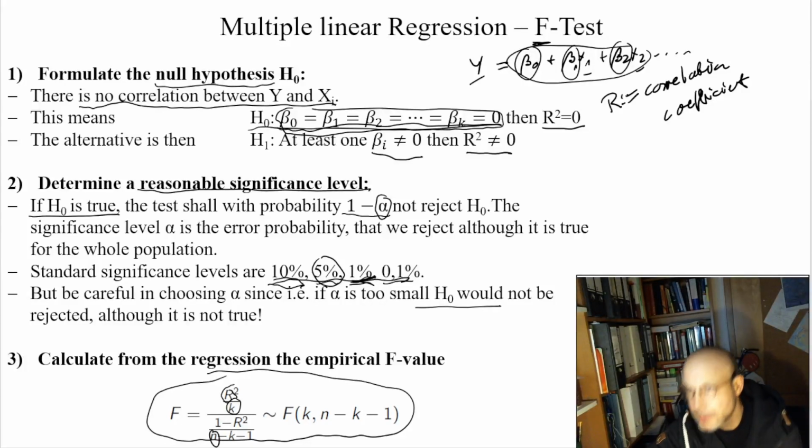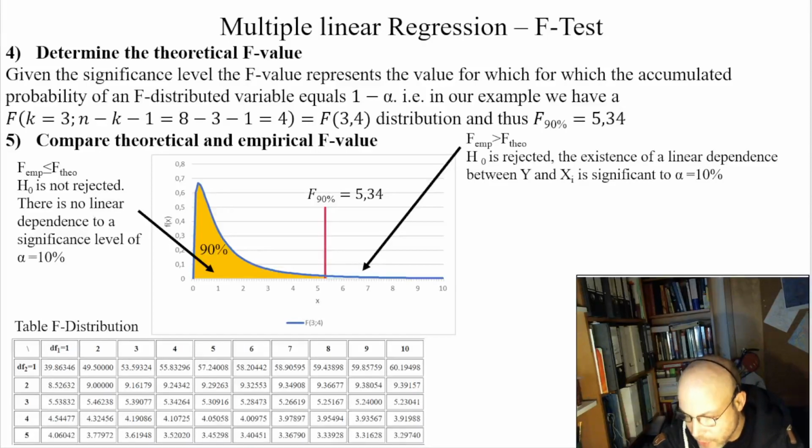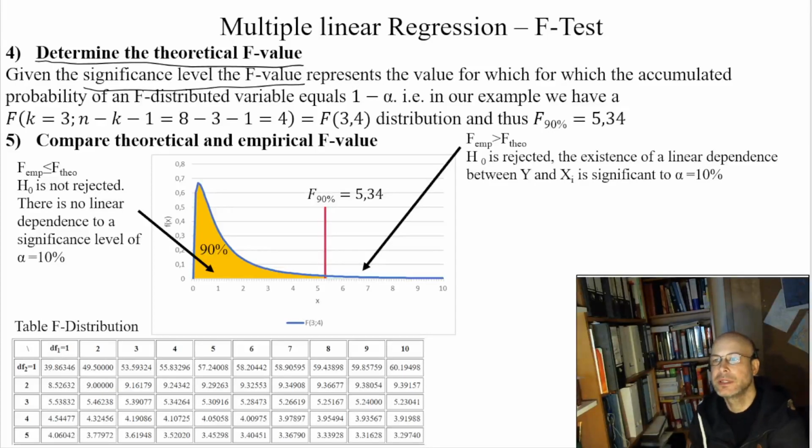We know what is our sample size, and then we can in concrete calculate our F value. And when we then have determined our F value using our chosen significance value,